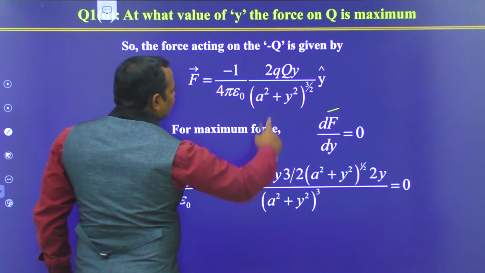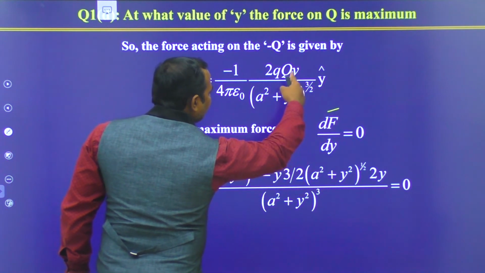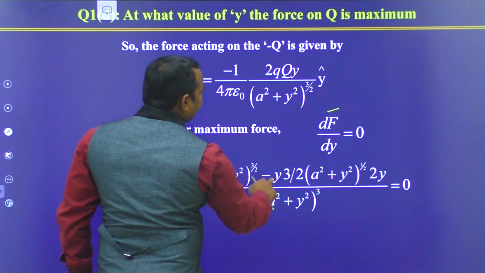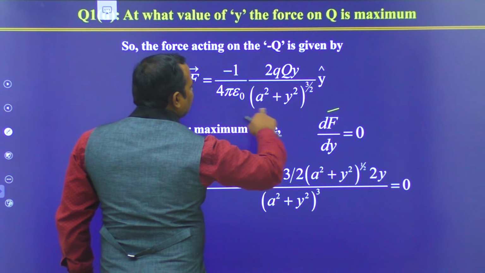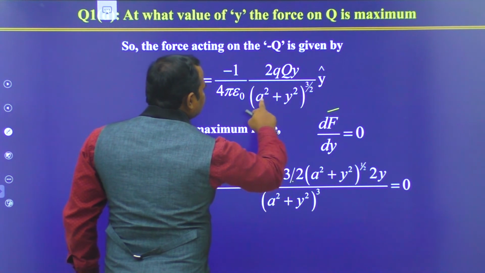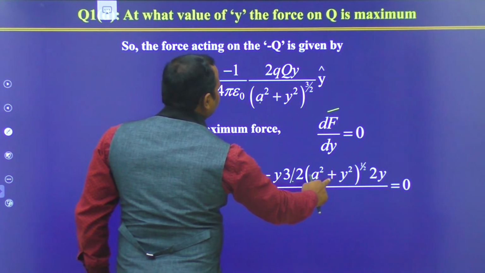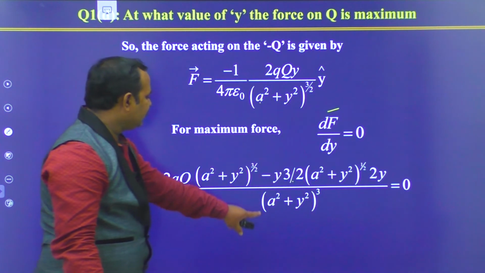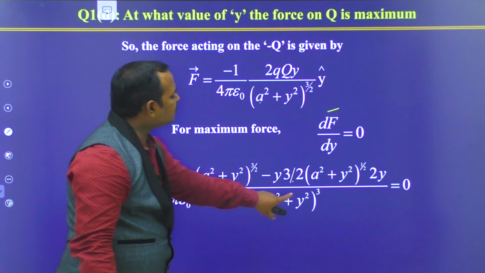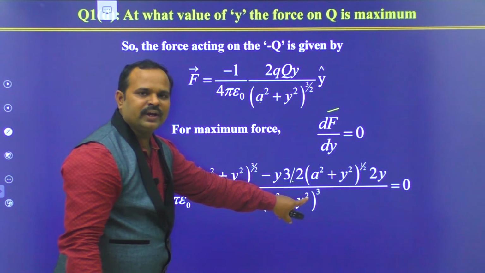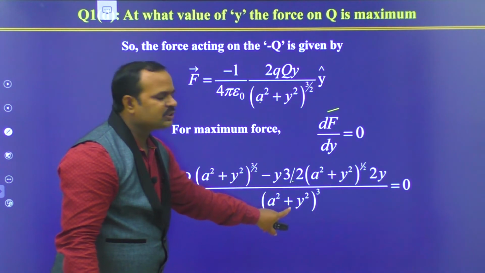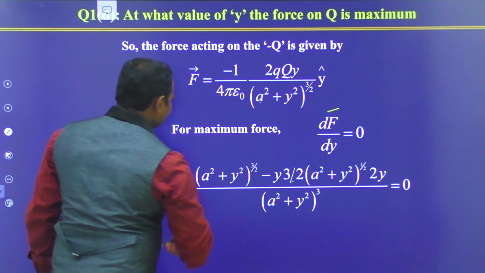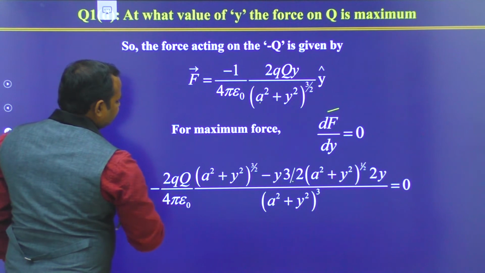Then we keep y constant and differentiate the denominator, that is 3 by 2 into a square plus y square whole power 1 by 2 into the differentiation of y square, 2y, all divided by v square, that is a square plus y square whole power 3 by 2 whole square, which gives you a square plus y square whole cube, which is equal to 0. Now if you simplify this, we can write